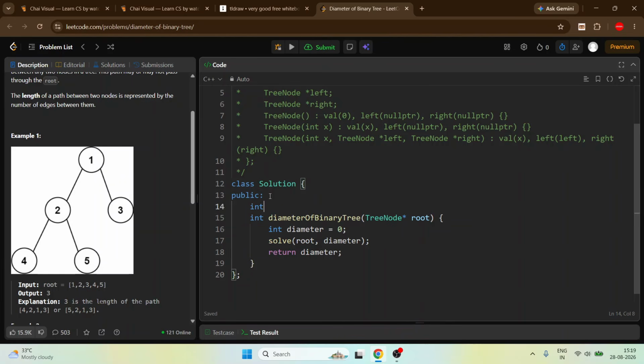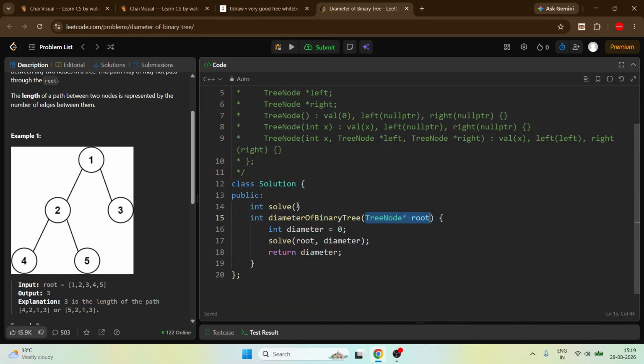It will return an integer. We don't store that integer, we just call the function, because this diameter is global. You can do it with the diameter initialized outside of the diameter of binary tree function, but I prefer this approach.